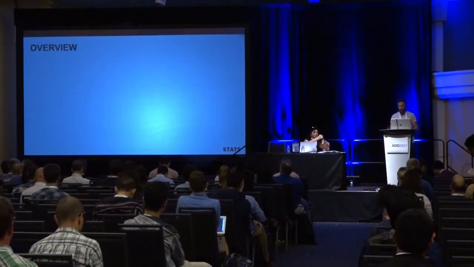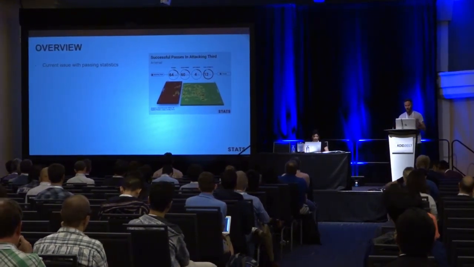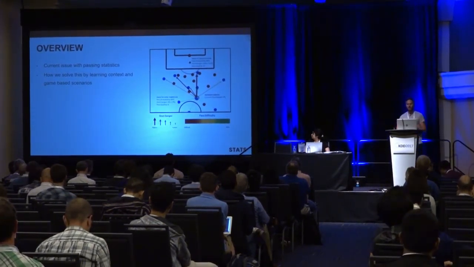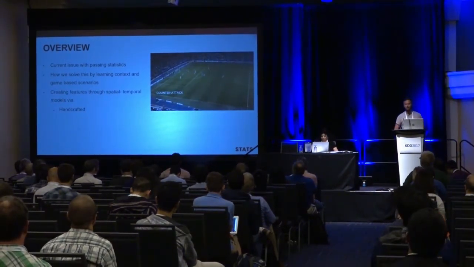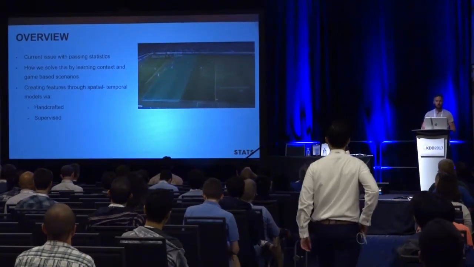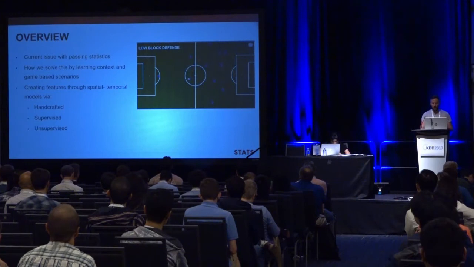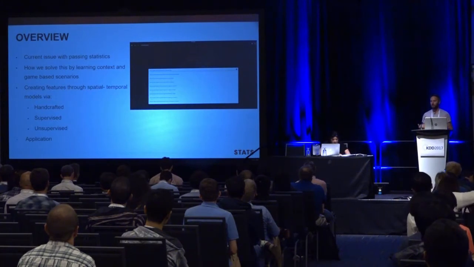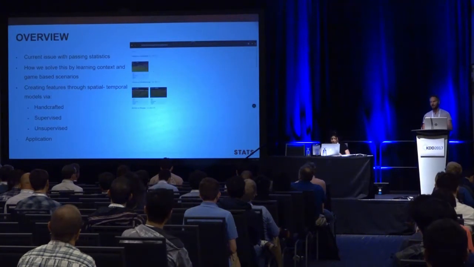In terms of what I'm going to present, the first part is to talk about the current issues with existing passing statistics and why they're bad. Then I'm going to describe how we solve this by starting to learn context and games-based scenarios. Then I'll show how we create the features using spatial temporal models via handcrafted features, using supervised learning with experts generating gold standard labels, and finally using unsupervised methods as well, so we can learn from unstructured data. And then, how do we apply this in the real world? Because it's all very well having lovely techniques, but unless the coach can use it and understand it, there's no